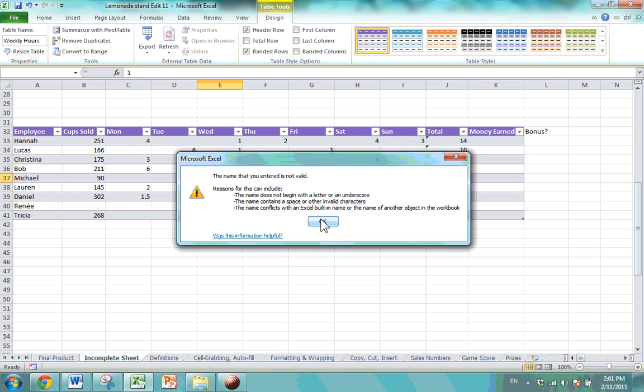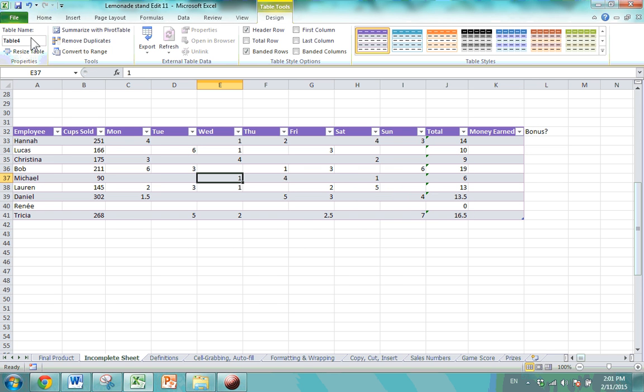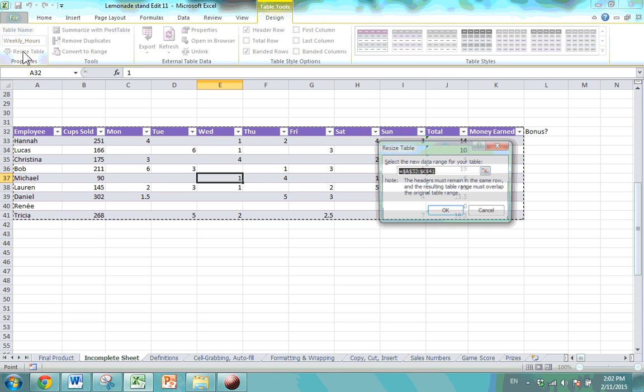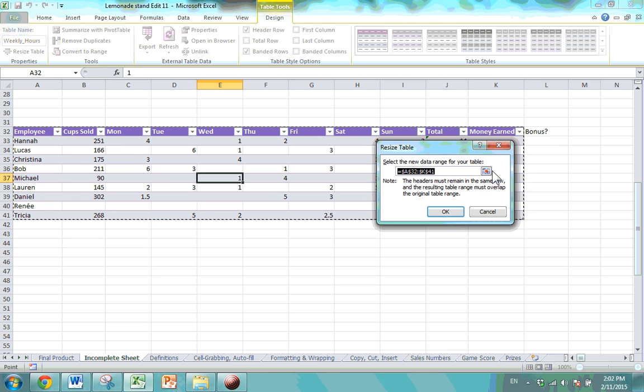And I forgot that it cannot have a space in it. So let me just put weekly, and an underscore will do hours. There we go. To resize the table, you can change where it's actually located,